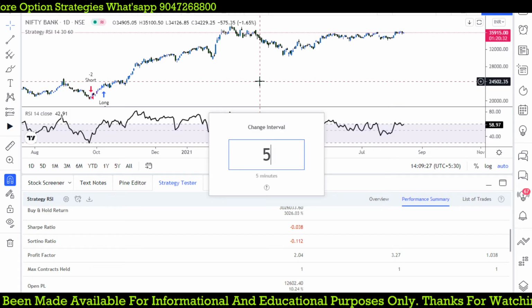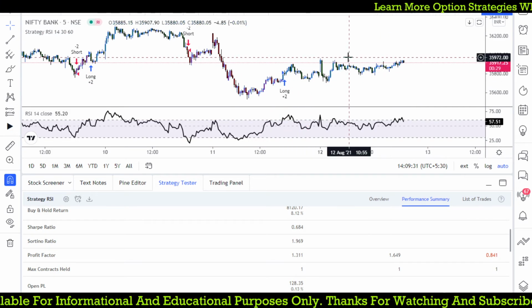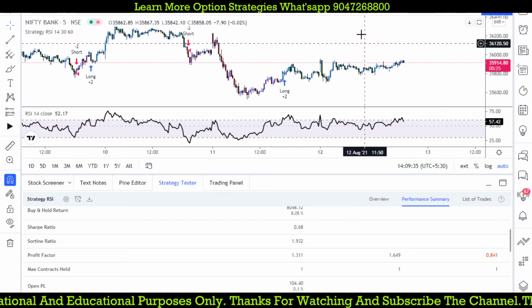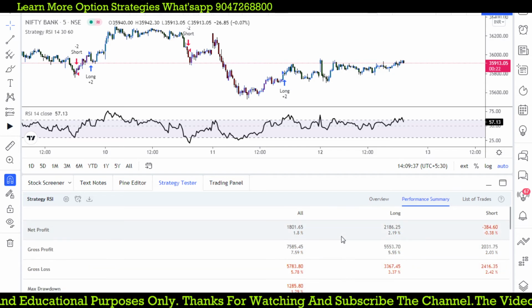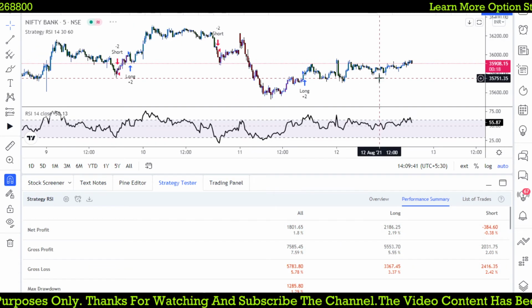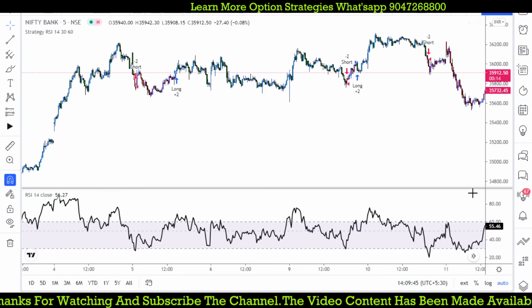But if you are using the 5 minutes time frame, when it gives a long trade and it gives you a small movement, you can also try to book your profit until the trend changes. You can also try with small profits like 200, 300 points in Bank Nifty. That way it is always giving you on each and every trade. If one is not given, the remaining trades will give you better options.